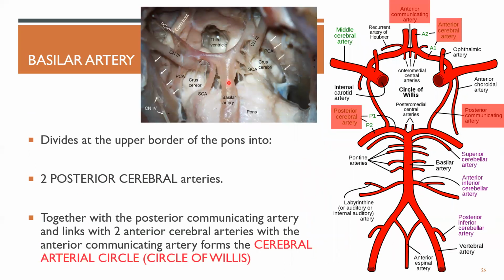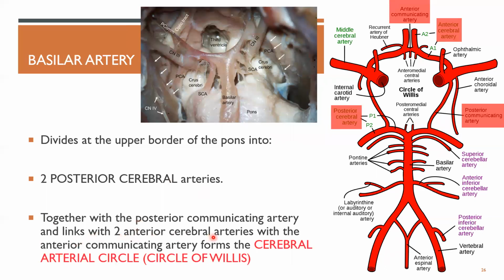Your basilar artery, this one, divides at the upper border of the pons into two posterior cerebral arteries. Okay? Cerebral and cerebellar are different. Cerebral refers to the cerebrum. Cerebellar, cerebellum. Okay? Basilar divides into two posterior cerebral arteries. Posterior cerebral artery, together with the posterior communicating artery,